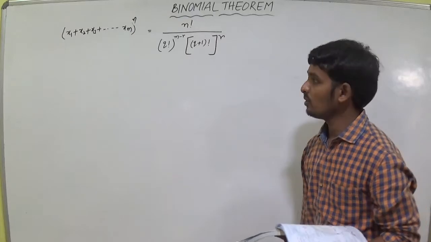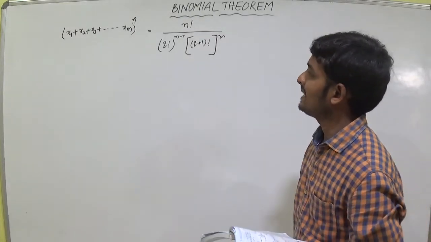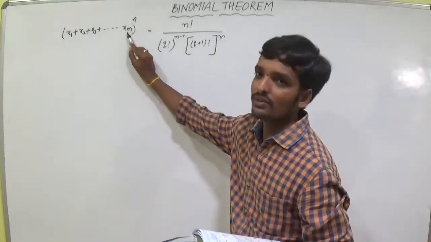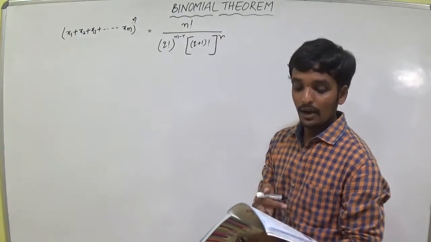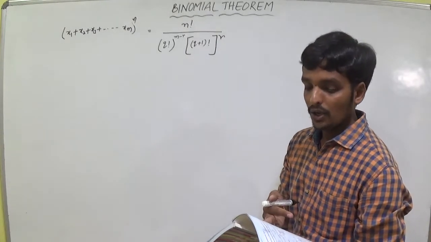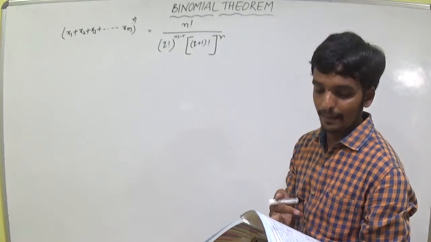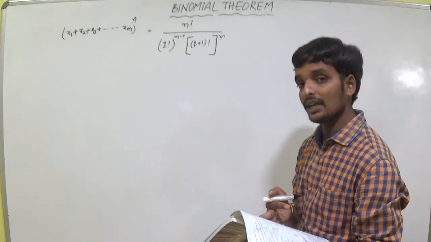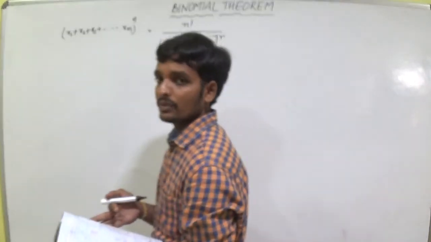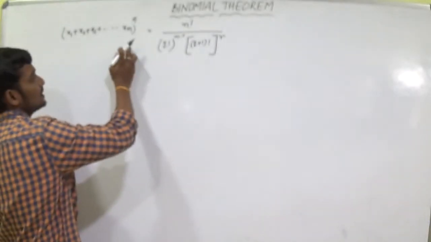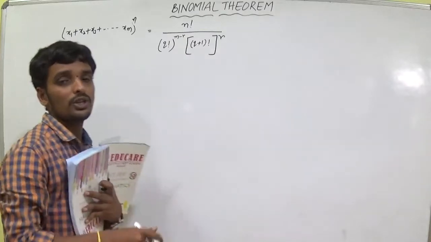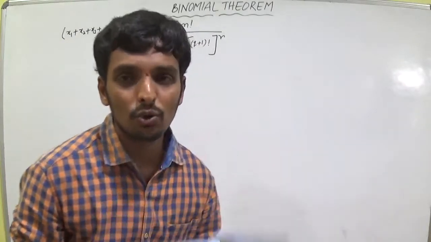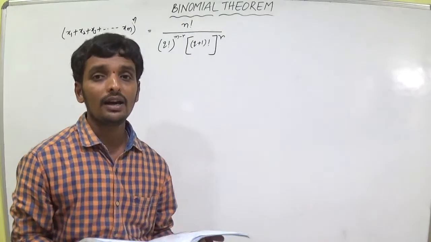So we have a doubt, there are two values. What are m and q? m is here the number of terms, and q and r are the quotient and remainder respectively when n is divided by m. So for example if we have 5 terms, we can divide n by 5, so we will get the remainder and quotient. The quotient is q and the remainder is r.